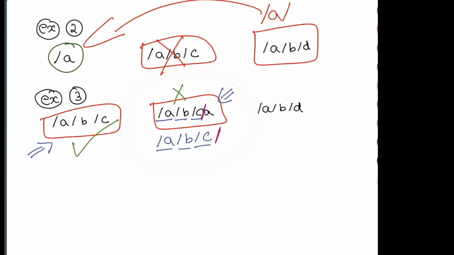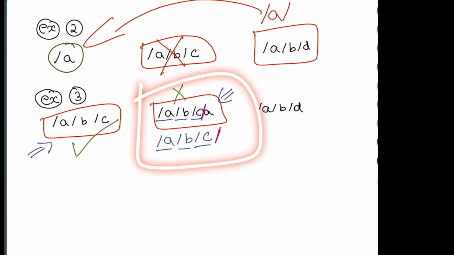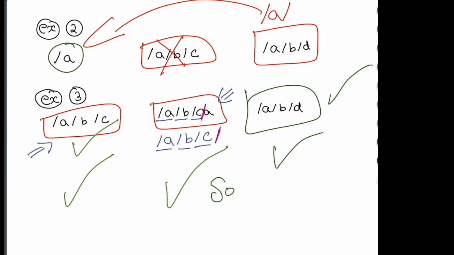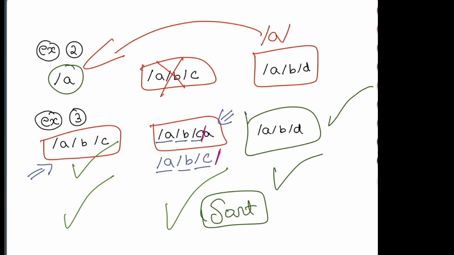So actually we need to have this in our answer. This is not a subfolder. So this will be a valid answer. This will be a valid answer. And talking about this one, this is also not starting with the previous answer you have. So this is also a valid answer. So all three folders are valid. So that is going to be our approach to solve this particular problem. Just sort your data and start storing your answers, and for each folder compare it with the last folder you have seen. Now let me take you back to the code editor and let me show you the solution for